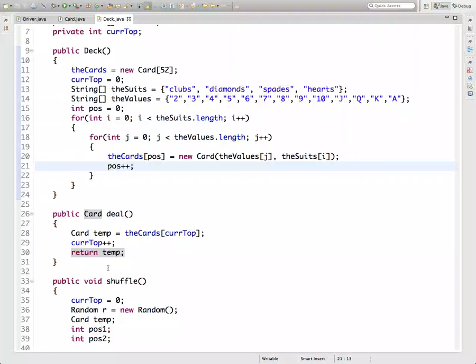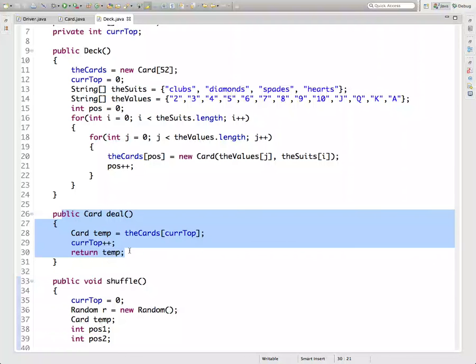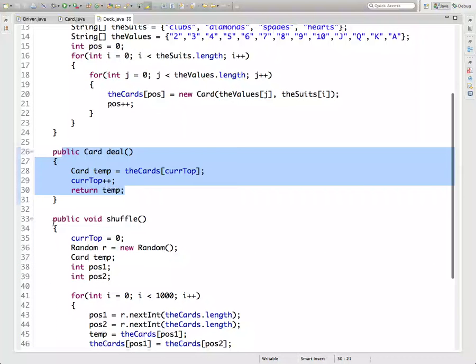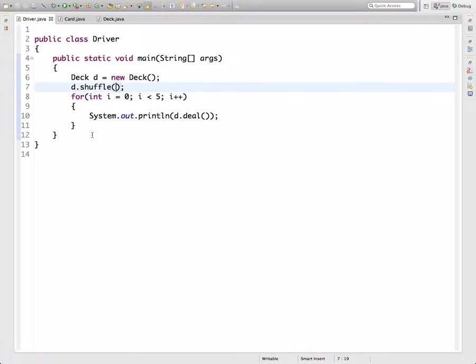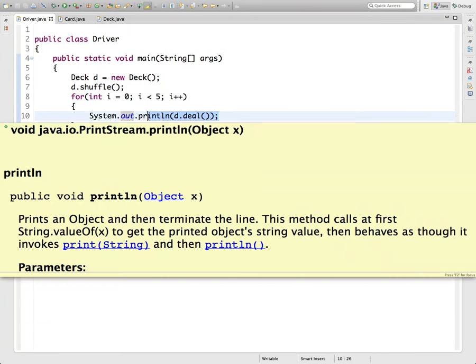I realize that's not what you did, but we like to teach our deck how to deal a card. We like to teach it how to shuffle itself. We like to teach it how to display itself so that when we go to use a deck, we can create the deck, ask it to shuffle itself, then ask it to deal some cards. Does that make sense? We're utilizing those functions,